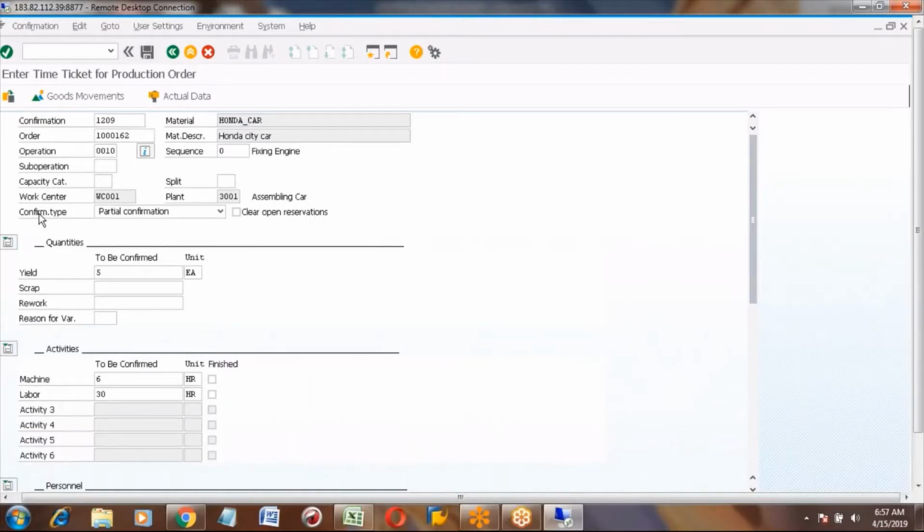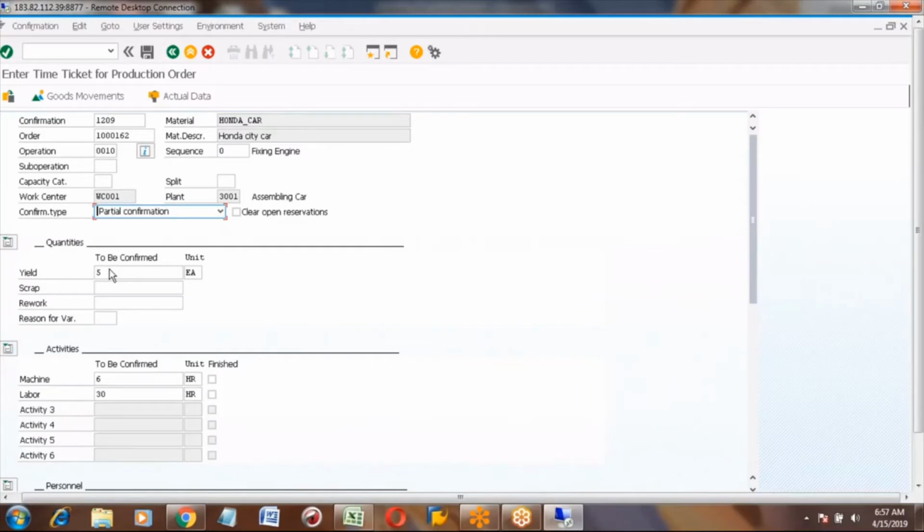Before that, we can see confirmation type. Here partial confirmation and final confirmation are there. That means the production order quantity is 10. If you are confirming completely 10 out of 10, then you can select final confirmation. The 5 means a partial confirmation.